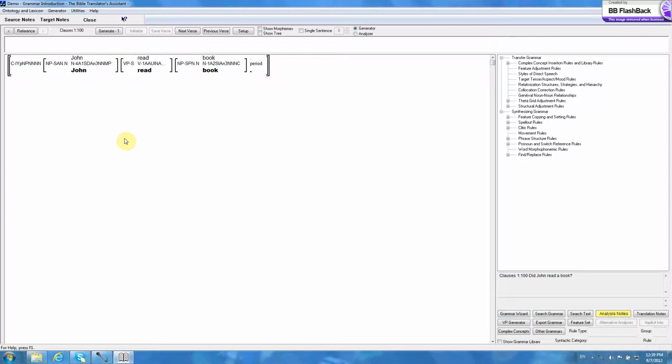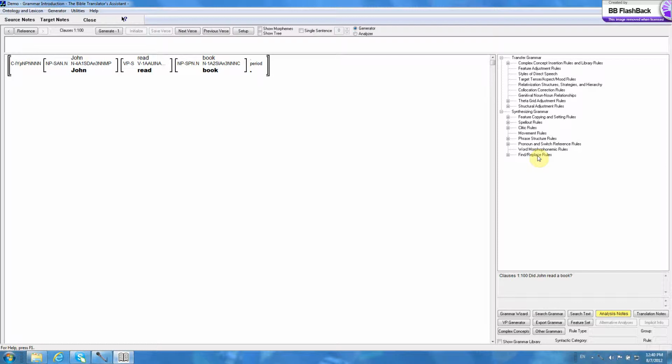In this segment, I'm going to illustrate how to use find-replace rules. These are the last rules in the grammar, and they're very easy to use. They're just like the find and replace operation in any word processor. We'll specify an input string, and whenever that input string is found in the text, it will be replaced by